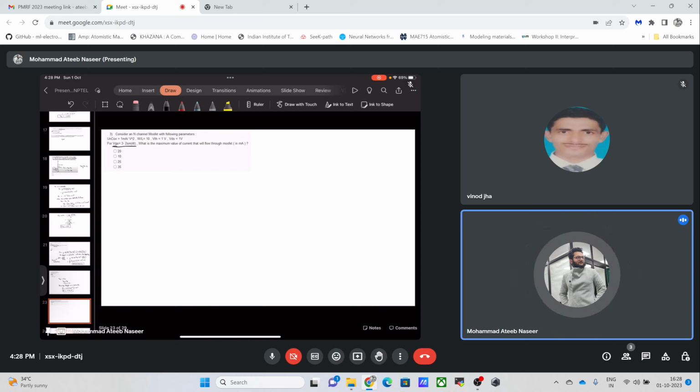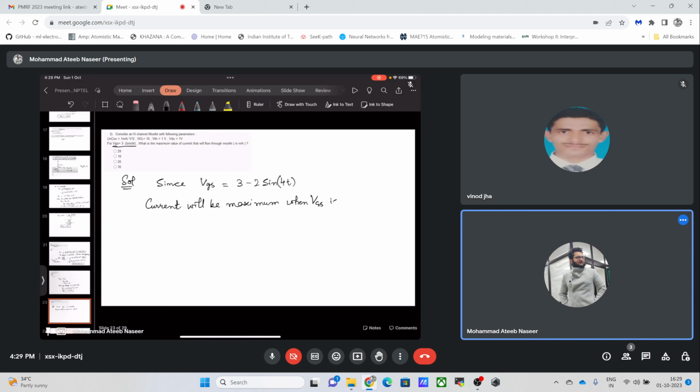So since VGS is equal to 3 minus 2 times sine of 4t, this current will be maximum when